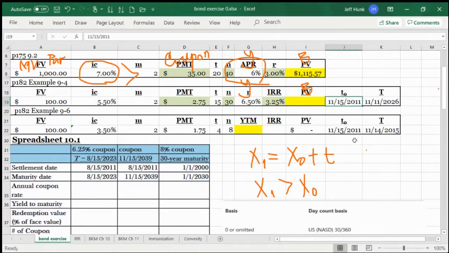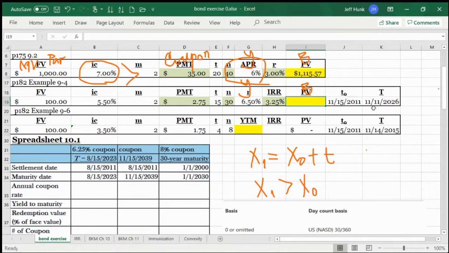So this bond today is November 15th, 2011. Let's say this bond matures in 2026 on November 11th. Actually, usually maturity would be like either February or August. But let's say this is the case,